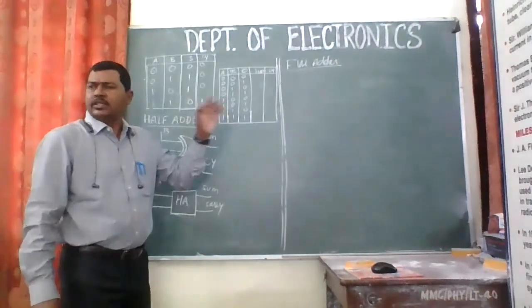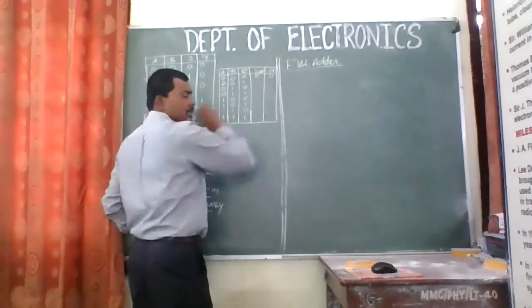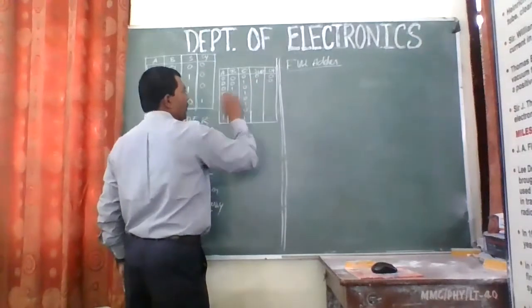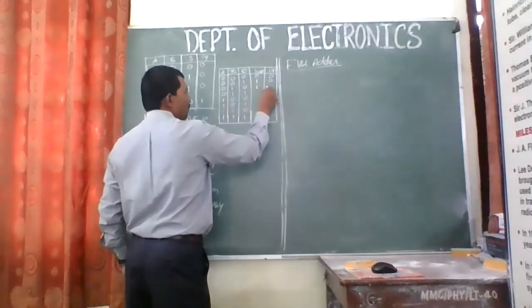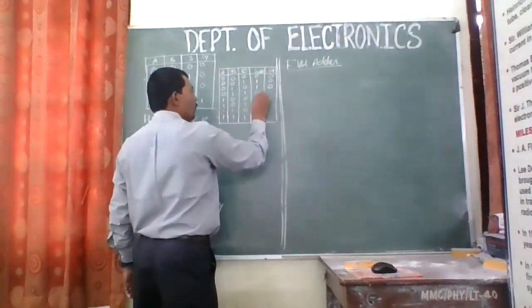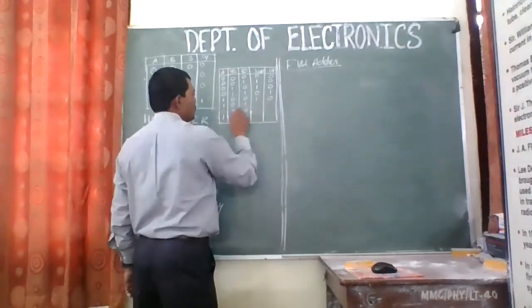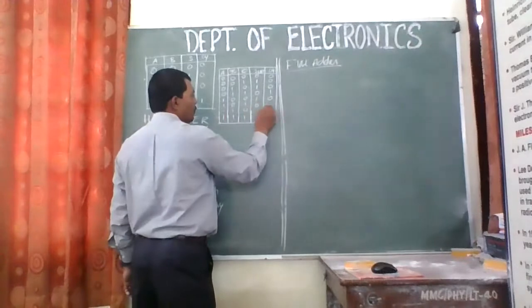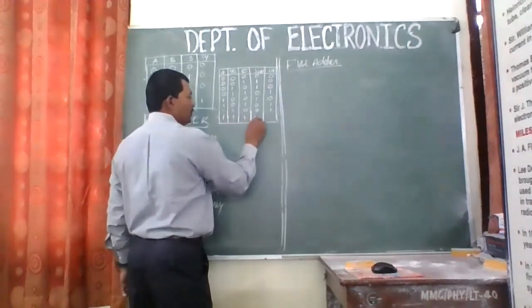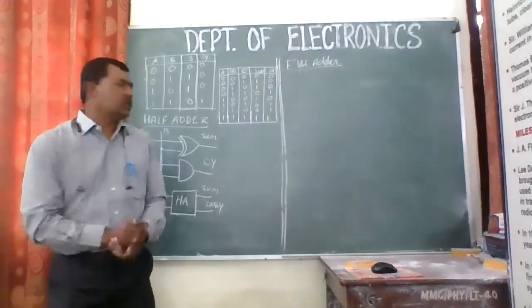Now, just go through the addition. This is simple addition again. So 0 0 0 will give you sum 0 and carry 0. 0 0 1 will give you sum 1, carry 0. Then 0 1 0 will give you sum 1, carry 0. 0 1 1: 1 plus 1 will give you 0 with a carry 1, right? Then 1 0 0 gives sum 1 with carry 0. 1 0 1 gives 0 with a carry 1. 1 1 0: 1 plus 1 again 0 with a carry 1. And 1 1 1 will give you sum 1 and carry 1.